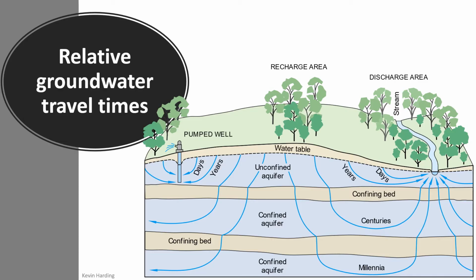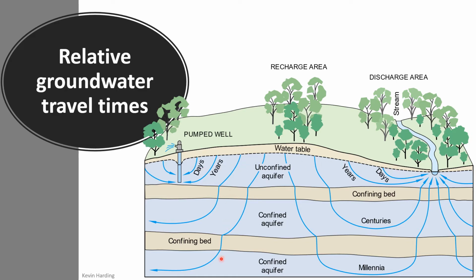So when we look at water, or groundwater rather, we have different levels of groundwater, or different sections of groundwater. So at the top here, we have the recharge area, and let me just put the pointer on quickly. So we have the recharge area, so anything that flows onto this land here is going to fall into this soil, and depending on how far down it is, we can have different times that it will take to regenerate it. So typically in this first layer at the water table, that is where water gets pumped out of, and it'll take days after a few good rainfall events for the water to recharge at this